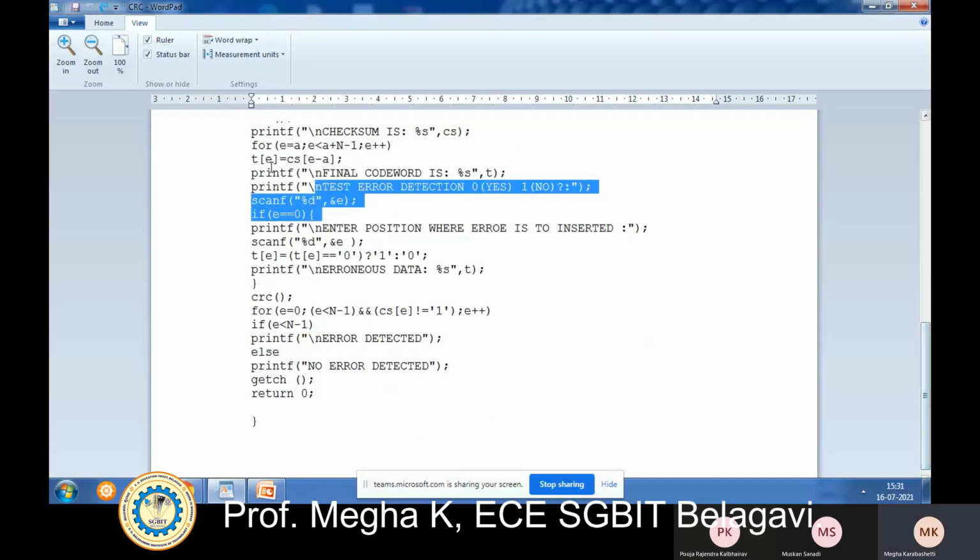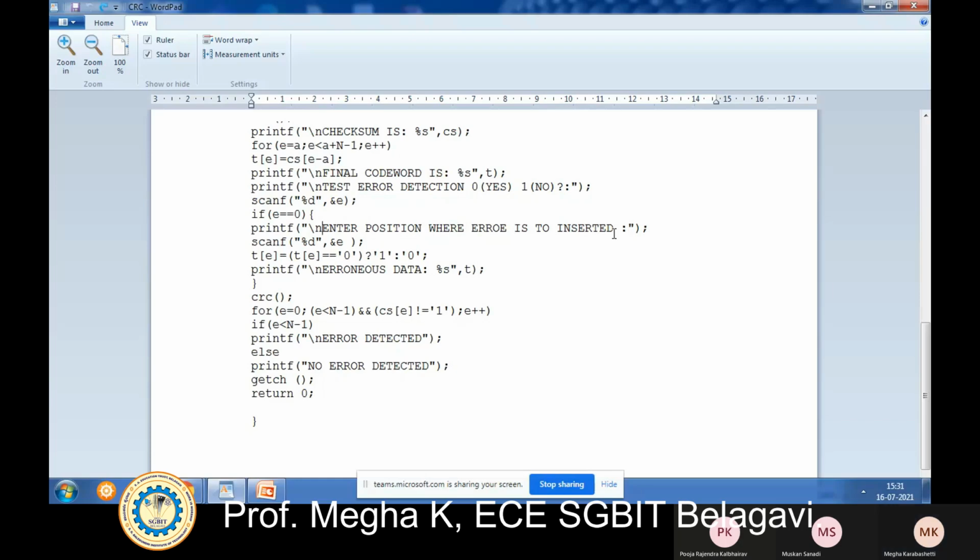Okay, so print, enter the position where the error is to be inserted. If its value is 0, that means you are interested in error detection. If you want to test for error detection, at that time enter the position where the error is to be inserted. We'll insert the error, and then it will show the erroneous data. Erroneous data means not the original data, it is corrupted data.